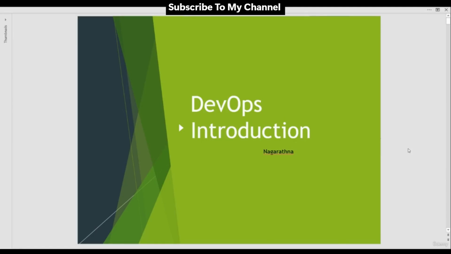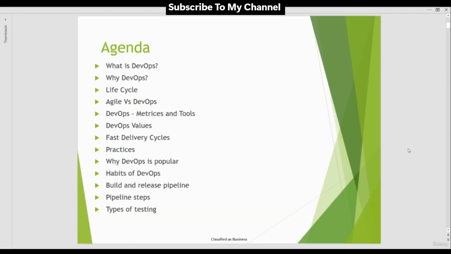In this course, I'll be discussing basic concepts of DevOps. We will cover the mentioned agenda in the slide. We will see what is DevOps, why we need DevOps, what is the life cycle of DevOps, what is the difference between Agile and DevOps, what are the different metrics and tools available in the market for DevOps, what is